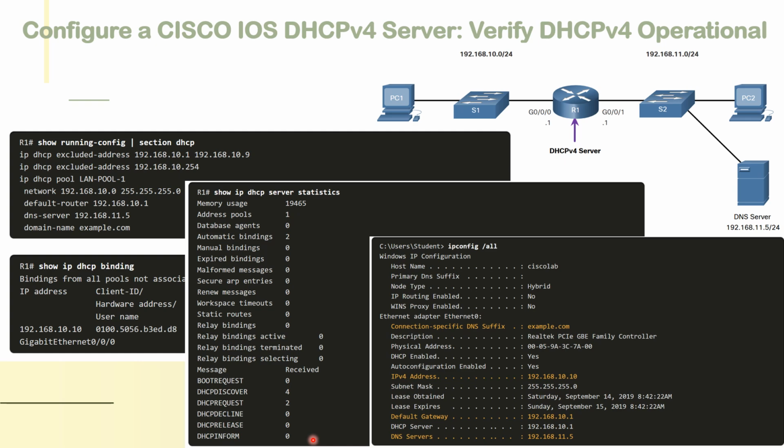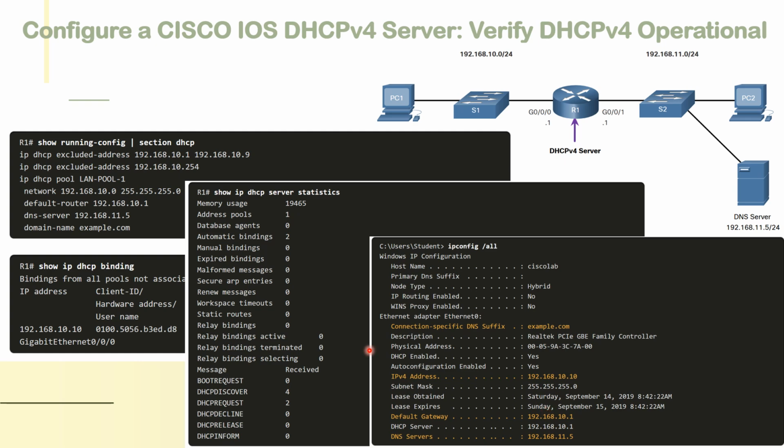And because the PC1 was connected to the network segment of 192.168.10.0, and it is configured automatically to receive an address, a DNS suffix, and a subnet mask, and a default gateway from the pool, you can see that the computer got the DNS, the domain name, got an IPv4 address that we saw even at the binding,